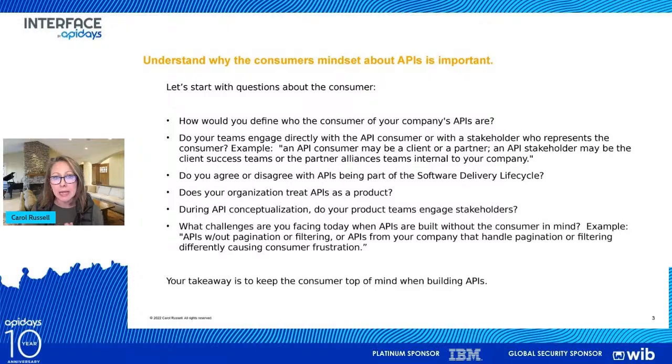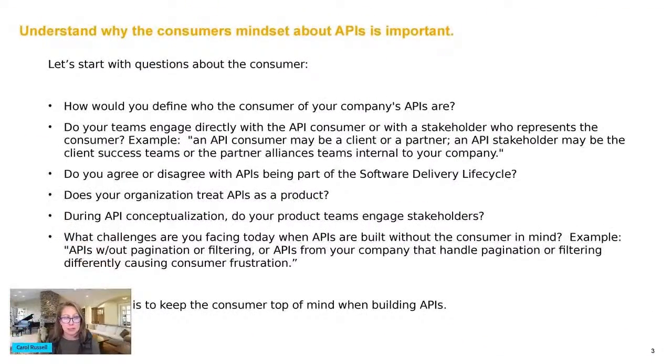For example, an API consumer could be a client, right? So maybe you have a product and the clients use the APIs maybe to extend your product, or in some cases to get data from the product for whatever they're doing, especially in a software service environment. Or an API stakeholder. Maybe it's the business development team, who represents the stakeholder, or an alliances team internally within your company. So when you think about consumers and stakeholders, there's really a broad set of personas out there other than the developer, who is obviously a stakeholder as well.